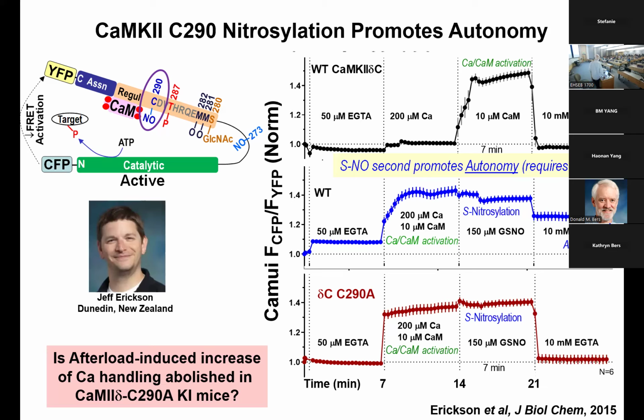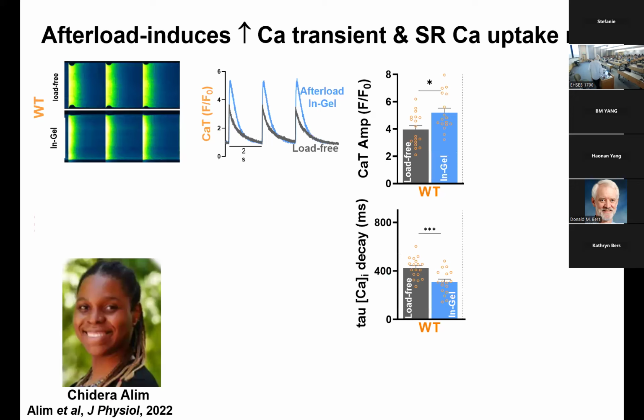And a single-site mutation on CaMKII is sufficient to completely prevent that autonomous active state. This C290 site that's right next to where calmodulin binds on CaMKII is sufficient to promote that effect. So a graduate student in the lab later, once we had the mice all described here, reproduced those